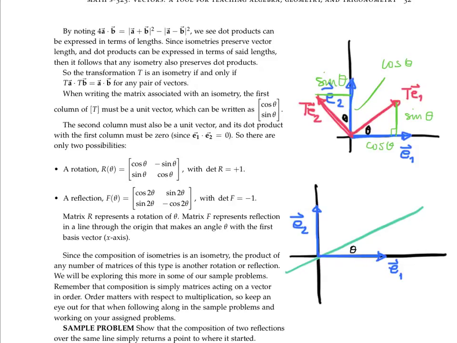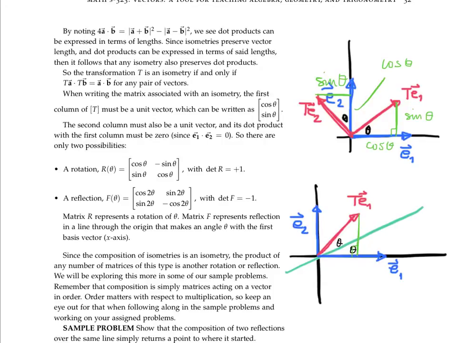Now, let's see what happens to E1 when it's reflected over that line. We know that if E1 is reflected over that line, it'll maintain its length, but based on symmetry, this new TE1 will also have an angle theta with the line of reflection. So when we drop an altitude down, just like before, and we create a right triangle,